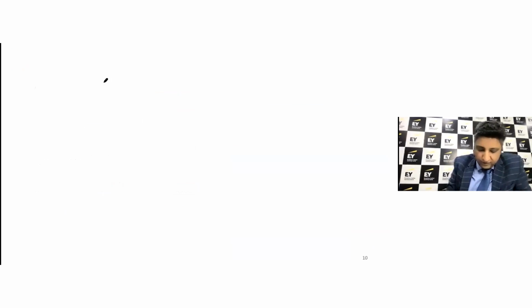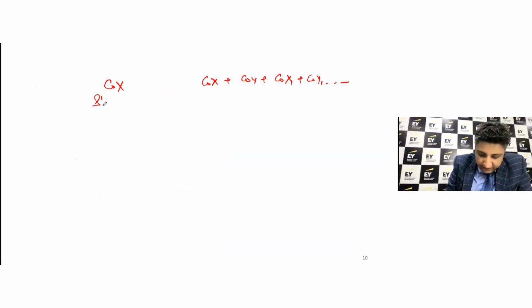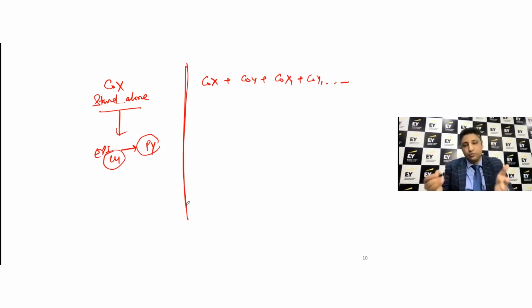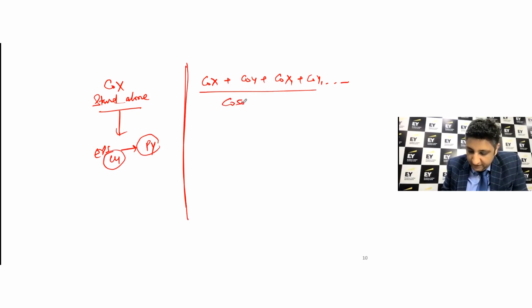So all we are trying to highlight is that if there is a company X and there is a group which includes company X, company Y, company X1, company Y1, and so on and so forth, at a standalone level, you shall present that EPS also of the previous year, right? And if you are presenting, you're required to present the consolidated financial statements. So you would also do it at the group level.